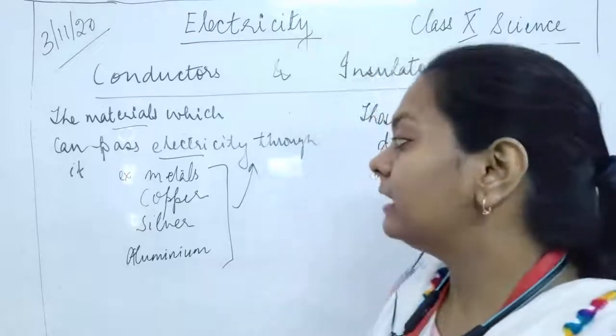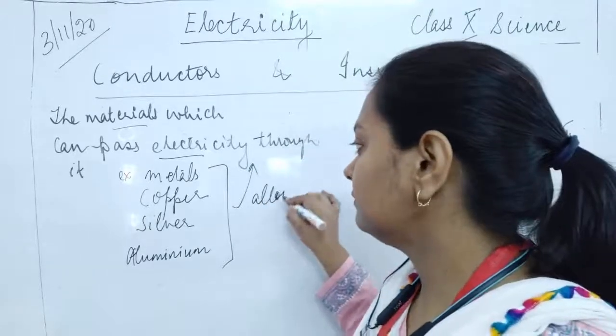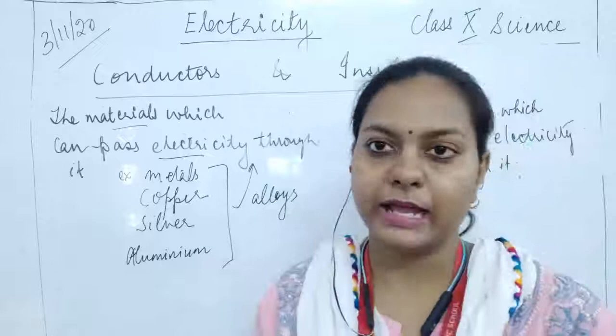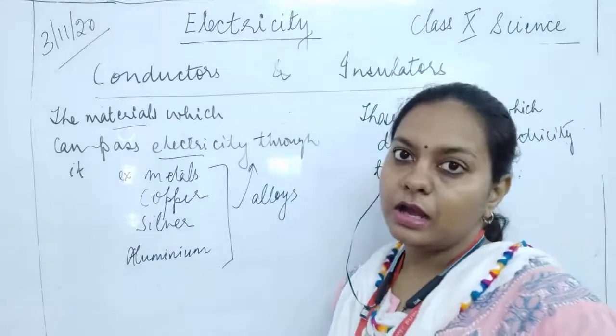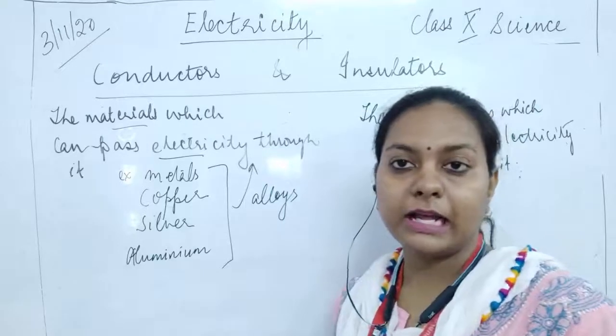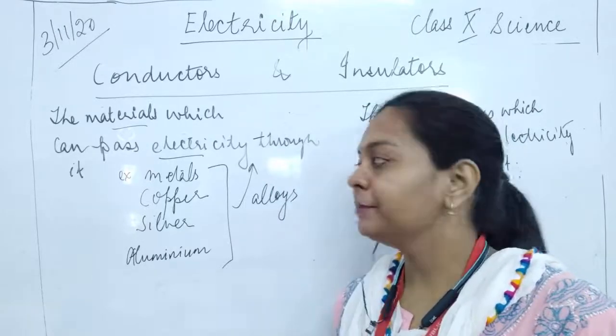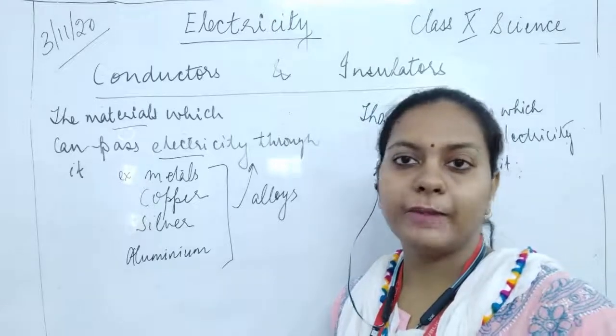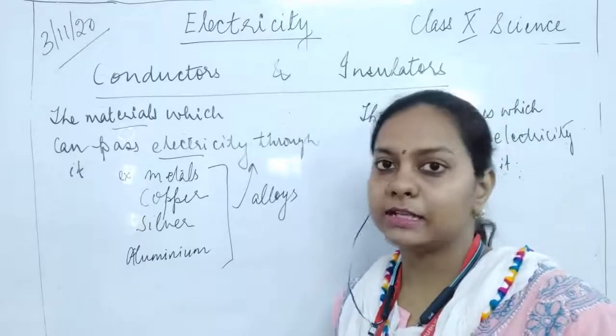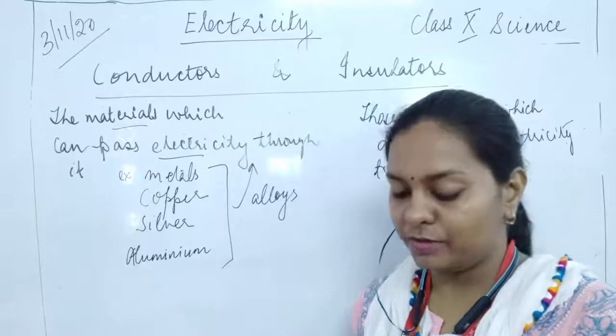There are certain metal alloys. Okay, they are made from mixtures; when we mix metals with metals and make a new metal, that is said to be an alloy. An alloy is actually a mixture of metals and non-metals, or sometimes non-metals and non-metals, metals and metals. Any combination it could be.